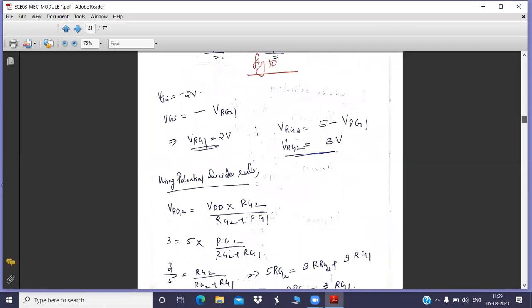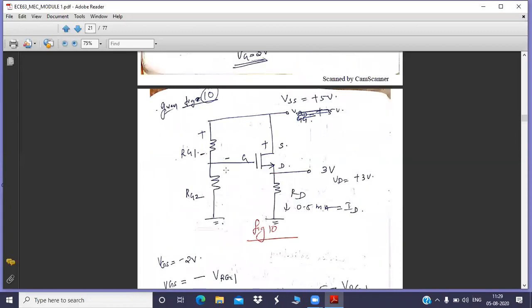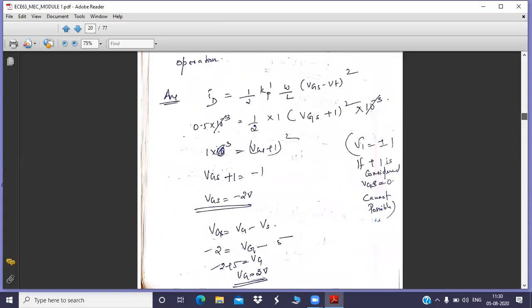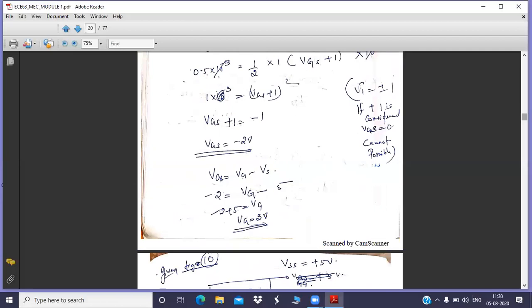But as far as this given circuit is concerned, did you find any short circuit between gate and source? No, you have a resistance in between. So in your mind, it should be there that VGS is not going to be 0. Okay, so for that,